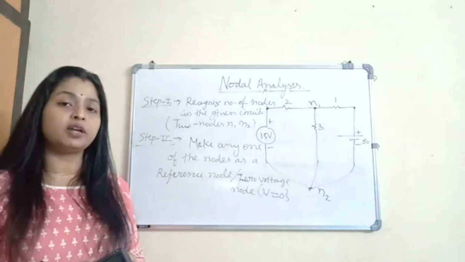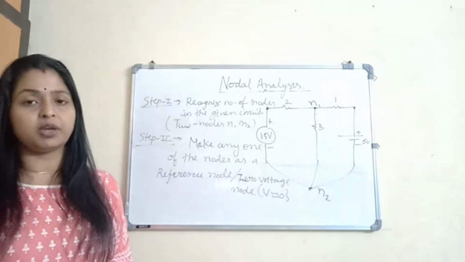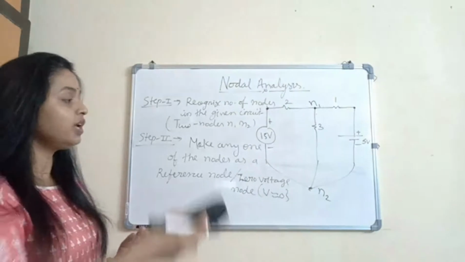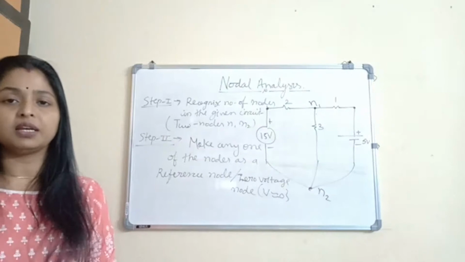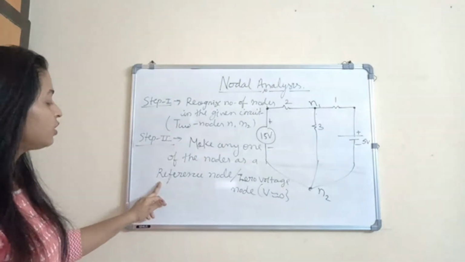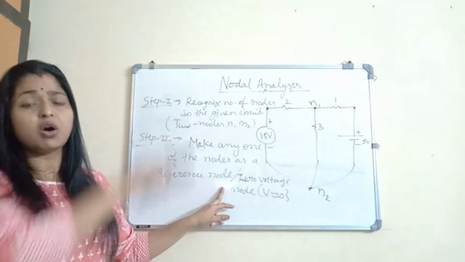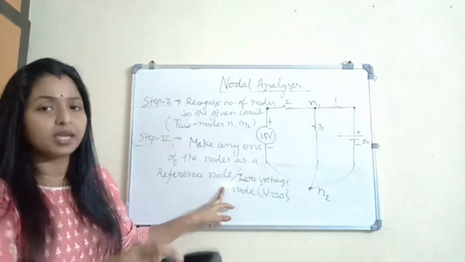So to start the flow of current, we have to end it at the negative point, because whenever current starts flowing, it has to end up at the zero terminal, the negative terminal. That's why every time we talk about at least one zero node or reference node in a circuit, where all branches are connected together.